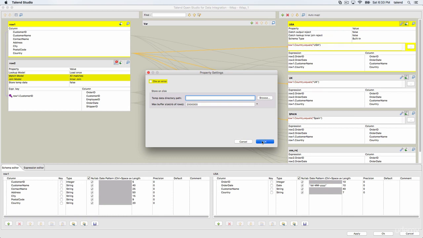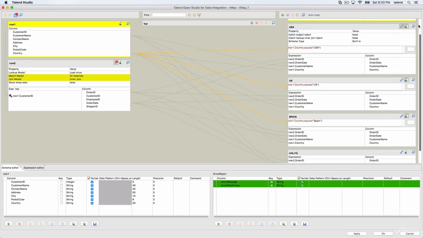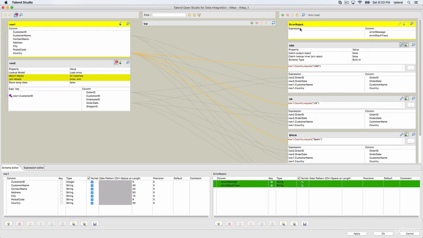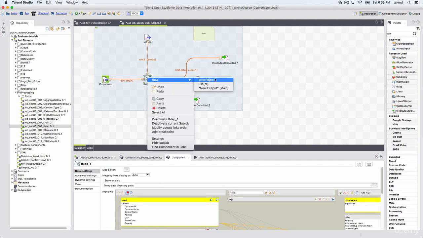So let me click OK. And as you can see, we got a different output which is called error reject. This wasn't there until I clicked that. So now you have another output called error reject, which by default has two columns, error message and stack trace. When I right click, you will get the error reject connection type here.